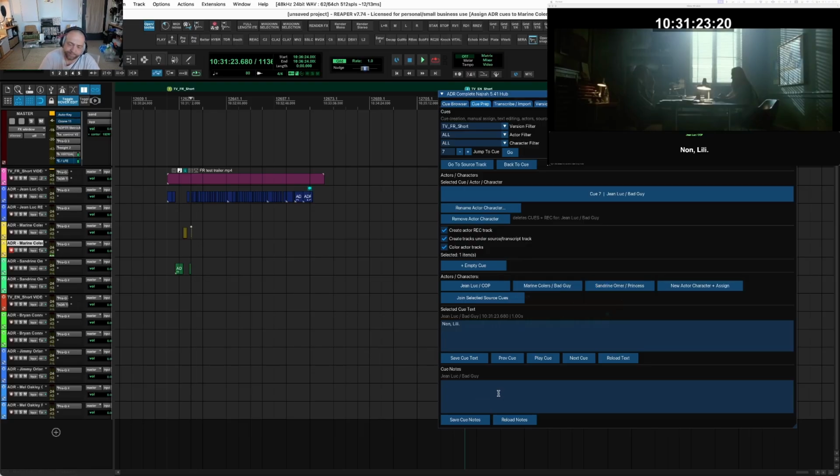Now, what we can do as well is we can add notes. For example, if there was something wrong with the recording or anything, and we can change the text here and save the cue text. So let's say if we don't want the no Lily, we want the no, we can just edit it, anything. No, ha, ha, ha, ha, ha. Save cue text. It's gonna be like this. Okay, and then